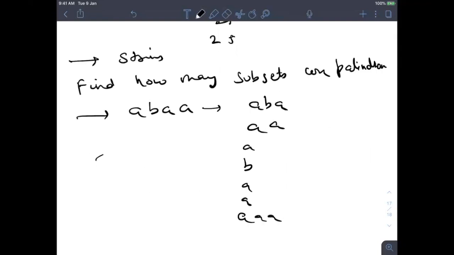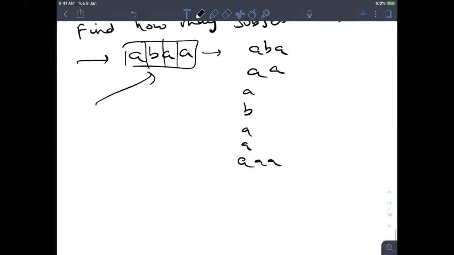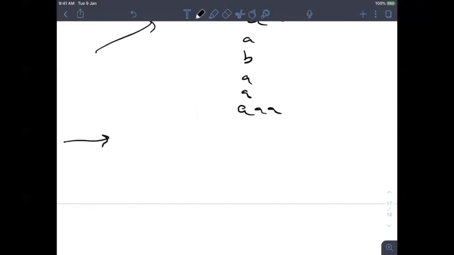So you need to check how many subsets are palindromes. It is again very simple. You just need to find the subsets and then write a palindrome function which will tell you whether it is a palindrome or not. But now the interesting part comes to complexity. Because you are finding all the subsets, it will be 2 to the power n. So again, complexity is exponential.